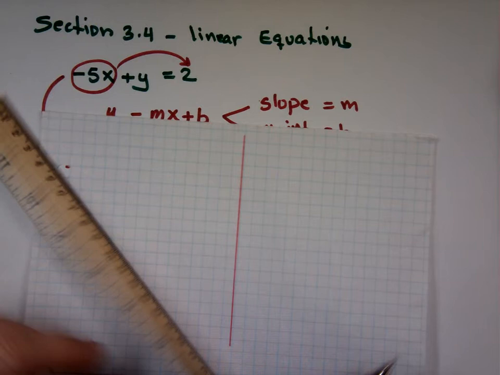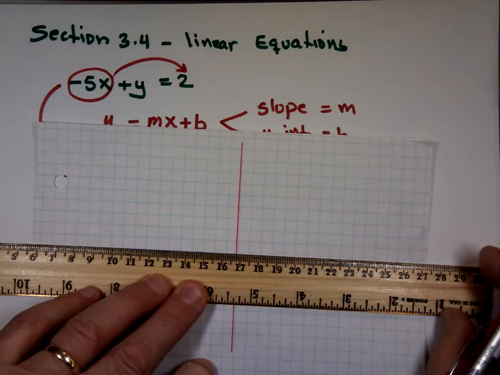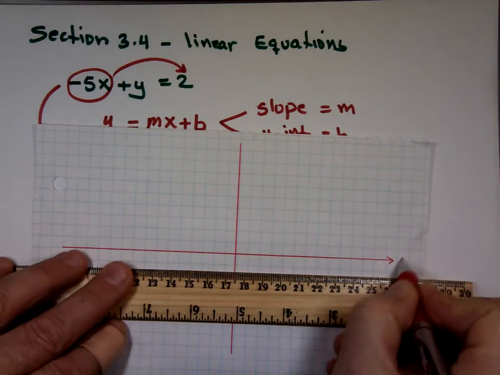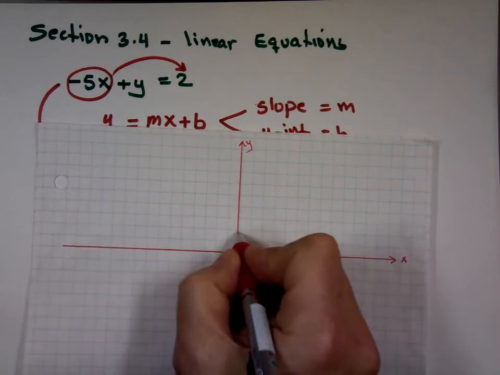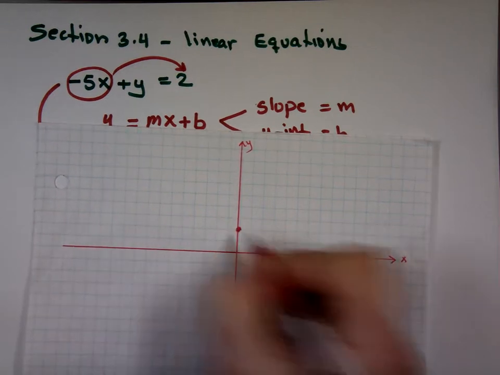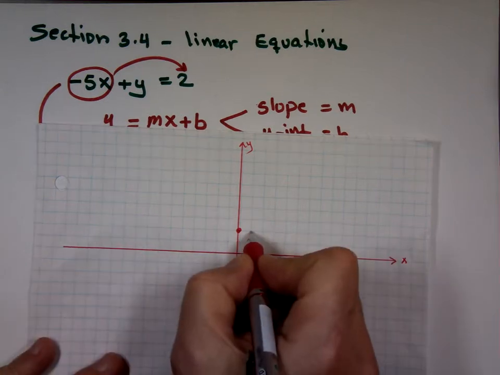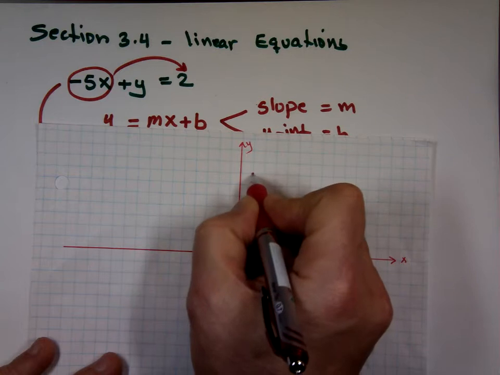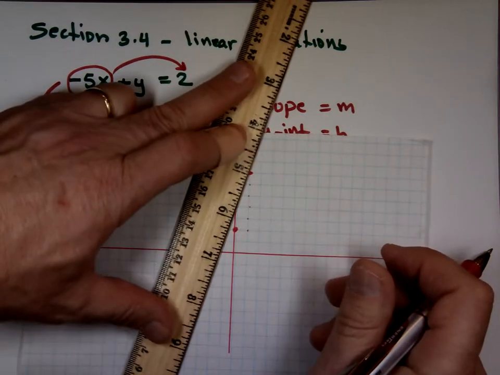This is the y. Let me find the x-axis. We said the y-intercept is 2, right? That's this point. And go 1 to the right and 5 up. 1, 2, 3, 4, 5. That's this point. So when you connect the 2 points,